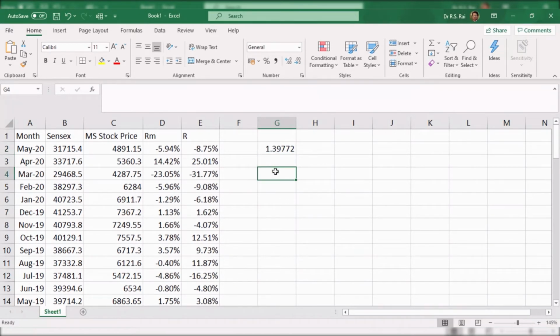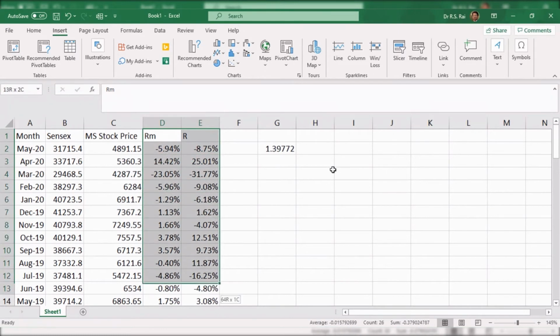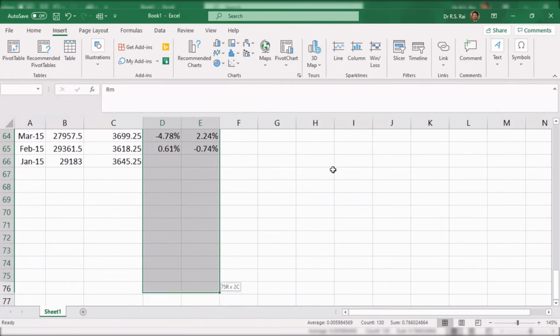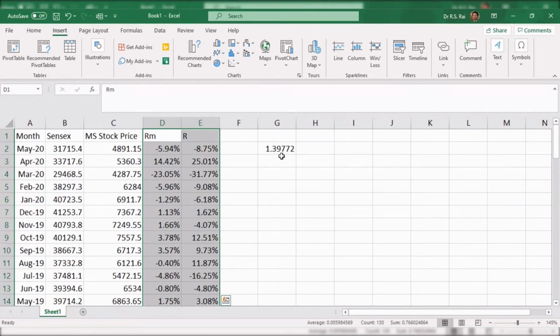Now let us see another method using charts, how we can calculate it. We can insert charts from here. Before inserting charts, we have to select the data. So we are selecting these two returns. We selected. We want a scatter plot.